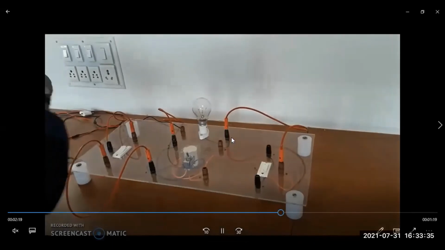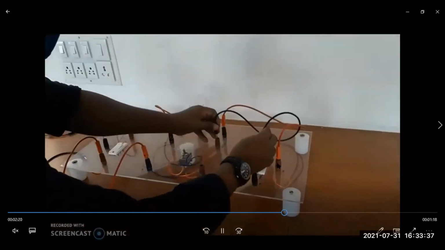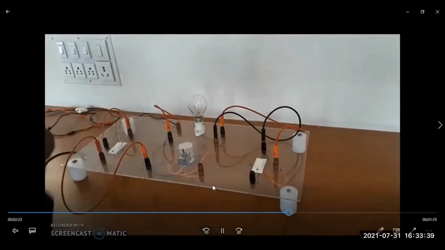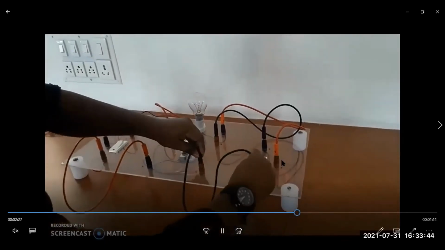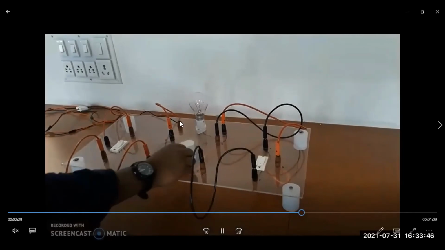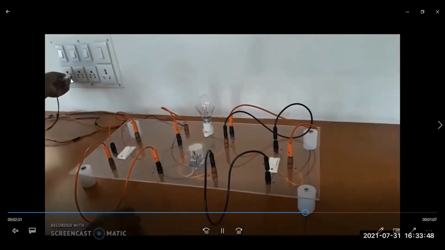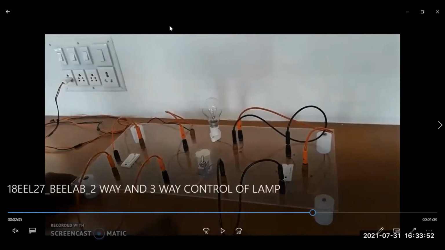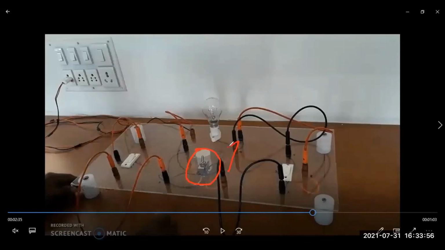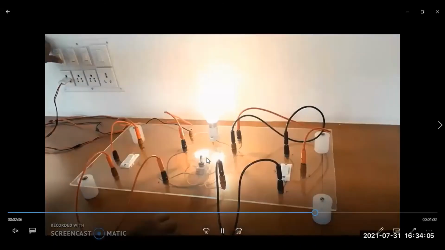Likewise, you have to connect these 2 points. Yes, in parallel, these 2 points also should be connected. Now, from this point, you need to connect to the first point of the lamp. The second point of the lamp should be connected to the neutral point. Thus, the connection is completed. If I pull upside, look at the position of the intermediate switch. Now, it is at the upside. Upside means straight connection. PQ and RS will be under contact. Yeah, now it is under straight connection.